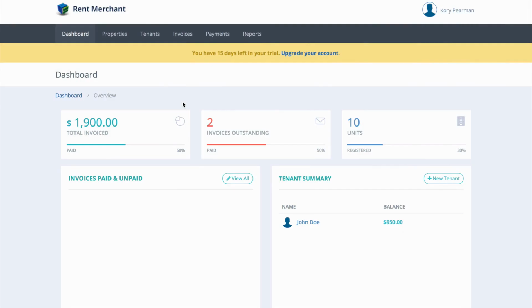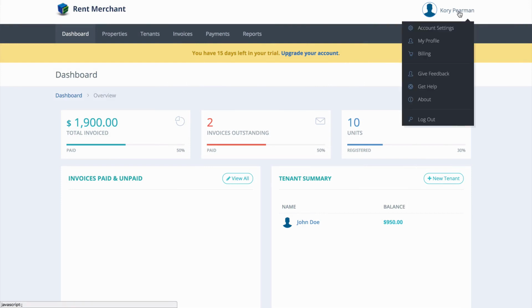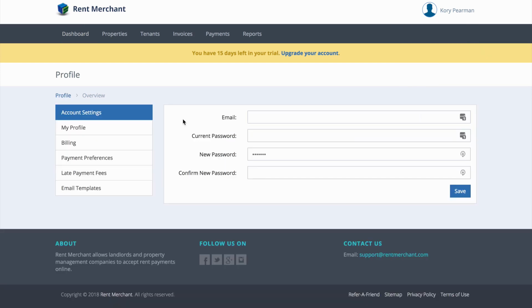During this video, I'm going to show you how to set up your payment preferences inside of your account. To get started, we are going to click on our account name at the top right, and then inside of this drop-down menu, we are going to go to our account settings. Once we are inside of our account settings, on the left-hand side, we are going to click on payment preferences,